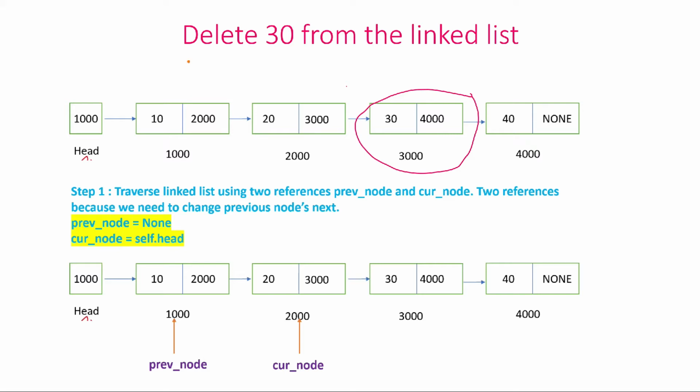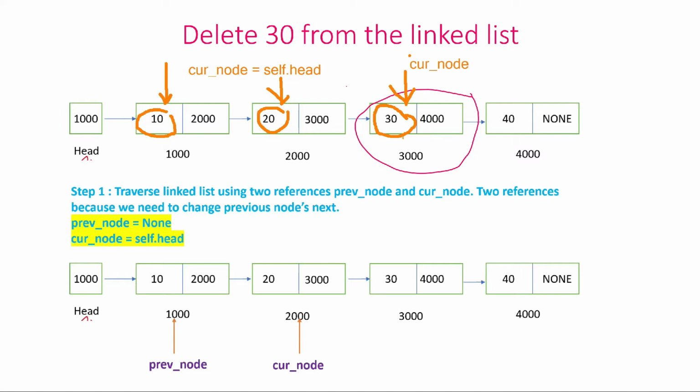So what I'm saying here is, let's take current node starting from self.head. Now current node is pointing to this. You'll check if 10 is equal to 30. No. So what you'll do is, current node is assigned current node dot next. Now 2000 is there. Current node is at 2000. Again we'll check if 20 is equal to 30. No. We'll move our current node to refer to 3000. Now in this node 30 is equal to 30. We got our data. So current node is now pointing to the node which we want to delete.